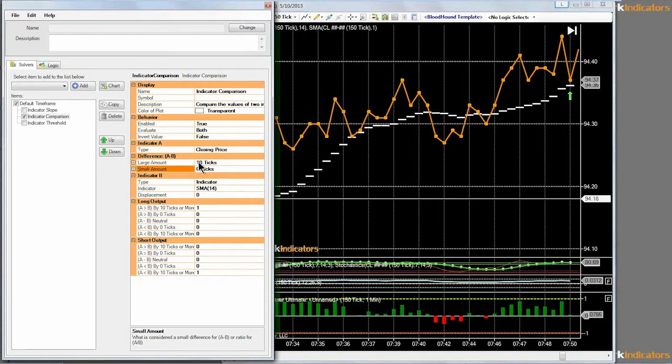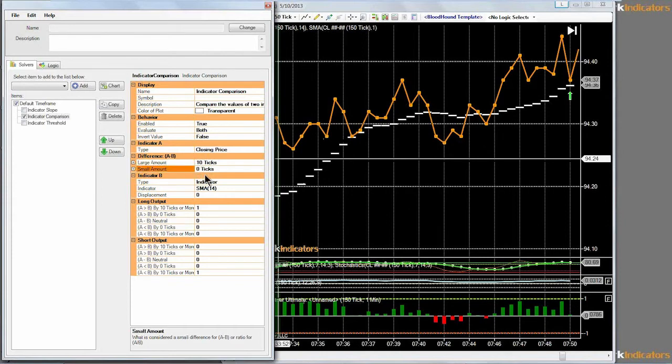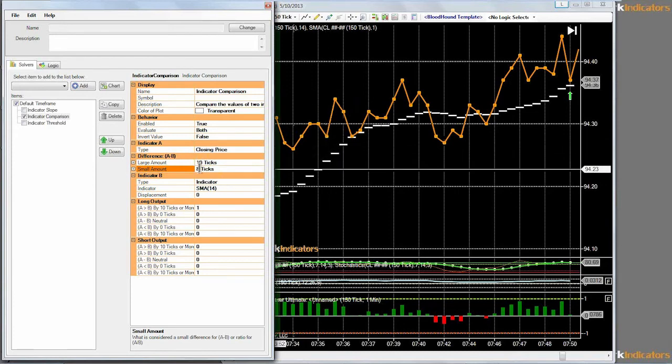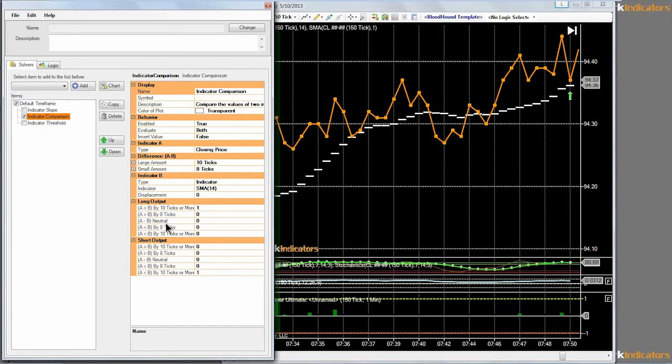So if we're looking for a 10 tick requirement, but say we want to know when it gets to 8 ticks, when it's getting closer to 10 ticks, so let's say we're really getting interested when the difference between the closing price and the SMA is greater than 8 ticks. So now, if we look at our output descriptions, when the closing price is greater than the SMA by 8 ticks,